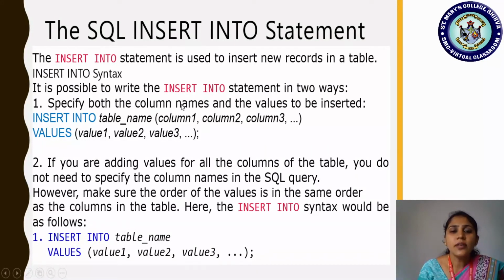As 5 attributes were there, and if we are inserting for all the 5, there is no need to mention all the column names here.